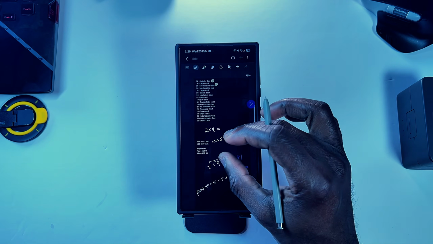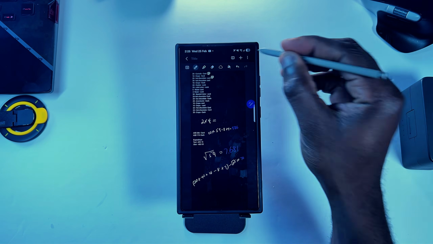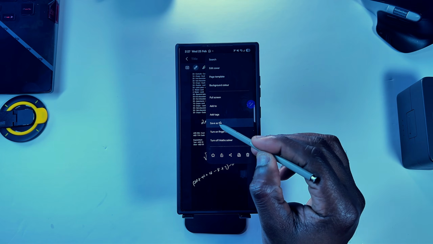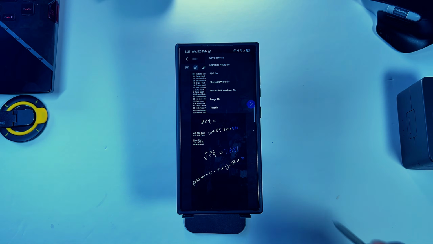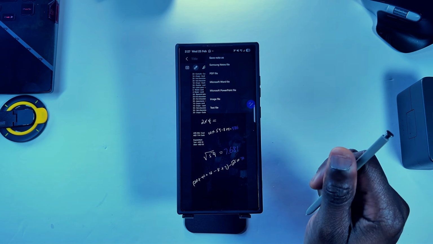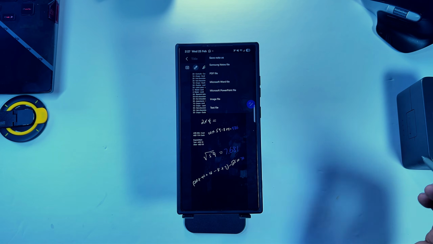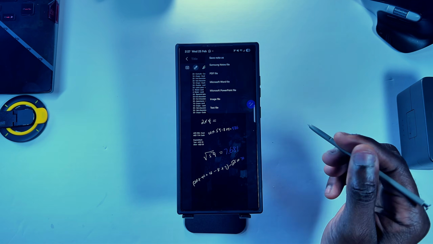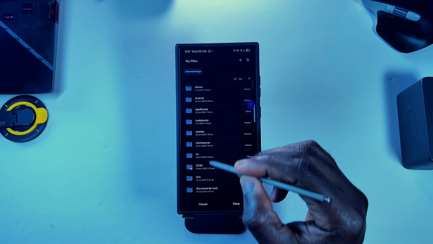So what if you have your notes and then you have to share it to somebody, either as a Word file or as a PDF or an editable one? Well, you can save your notes by coming to the top right corner here and select Save as File. So you select that. You can save it as a note file or as a PDF or as a Word file that is editable after you have shared it, or even as a PowerPoint file, as an image file, a text file. In this example, we can select PDF and then inside here, select where you want to save it